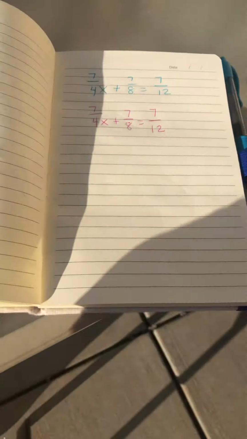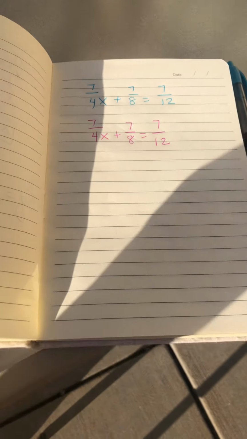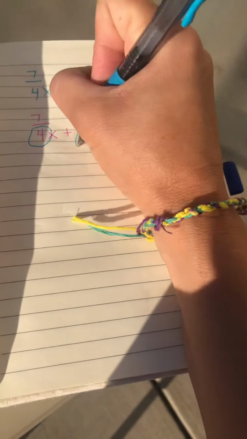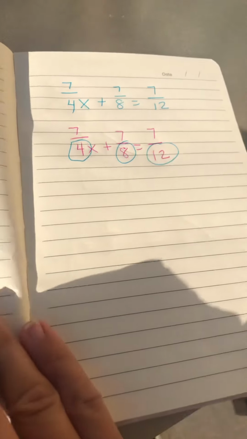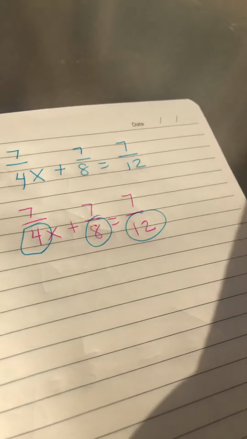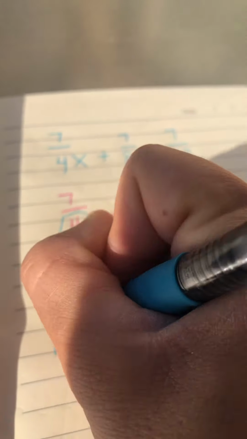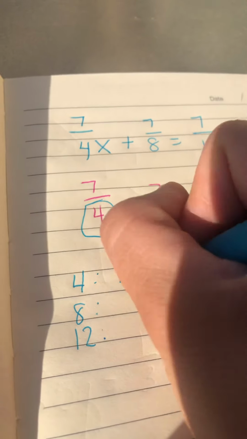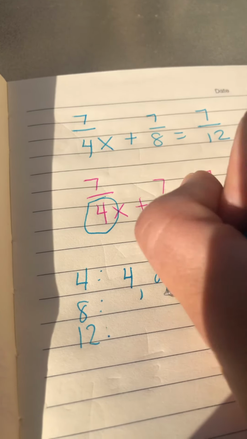Okay, so what do I need to do here? Well, I want to isolate that variable, right? I want to get the variable by itself. So I should probably look for a common denominator between 4, 8, and 12. And you're probably already good at this, but if you're not, you can simply write out the multiples of each: 4, 8, and 12. Okay, so 4 times 1 I know is 4, 4 times 2 is 8,